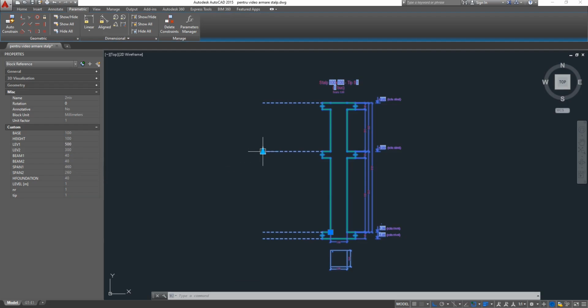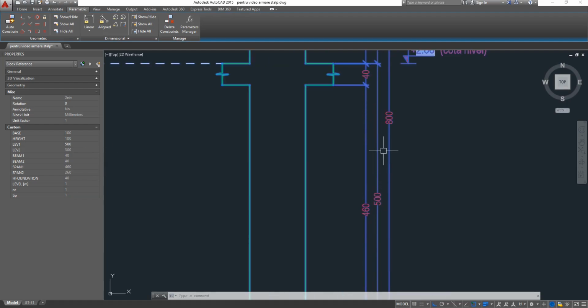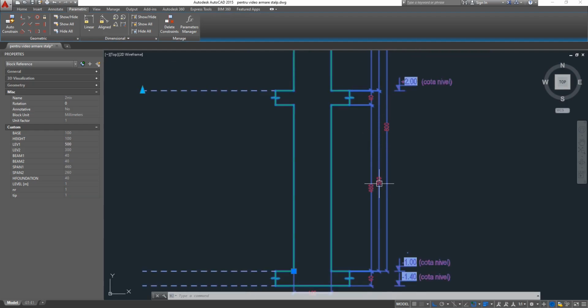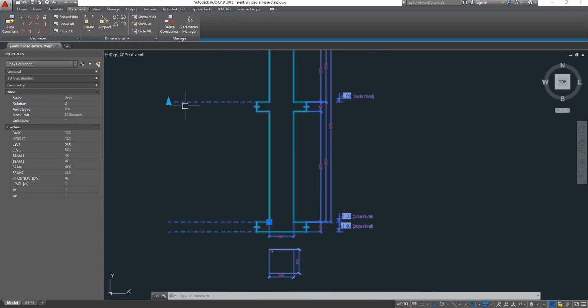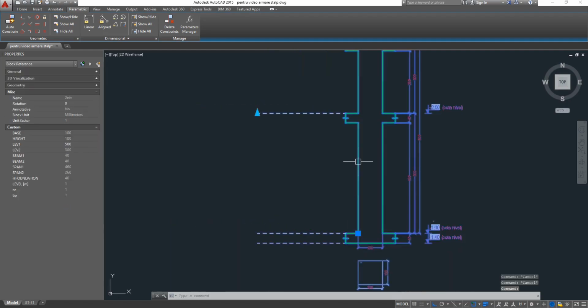So the length of the parameter is 500, just as in the table, and the dimension, which in reality represents the height of the first level, is of course 500, because the parameter was constructed, as explained in the second episode, to be the actual height of the column. So the 500 value for the parameter matches the 500 value of the actual height of the first level. So going back into the block,